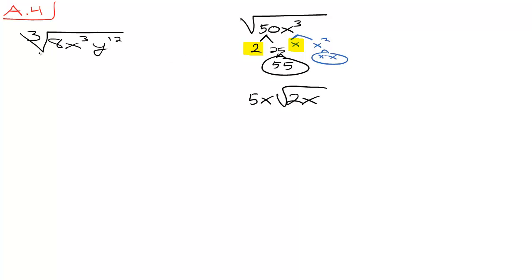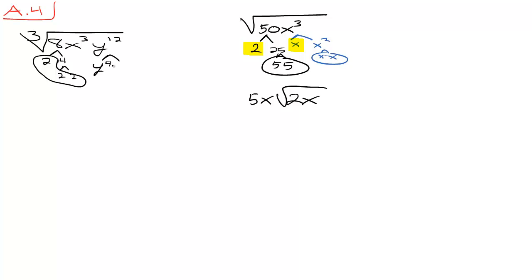Now, when we do a cube root, the idea is the exact same thing, only instead of looking for perfect pairs, we're looking for perfect cubes. So again, we can start with a constant and go, okay, this is 2 times 4, which is 2 times 2 times 2, and you go, hey, look at that, a perfect cube. Well, x cubed, do we even need to bother with that? That's x times x times x, a perfect triple of 3 x's. And then this one, we can do, well, how about